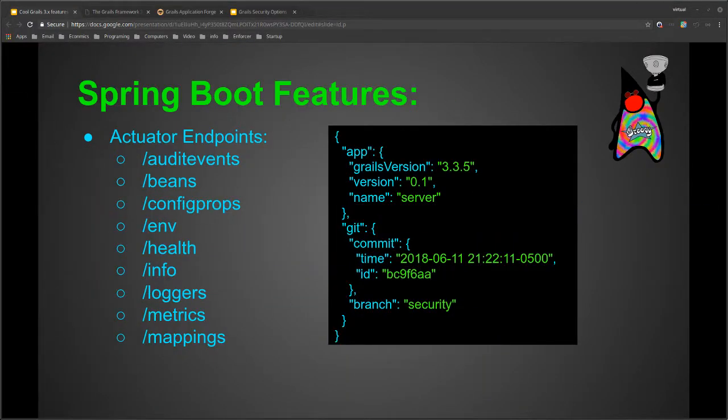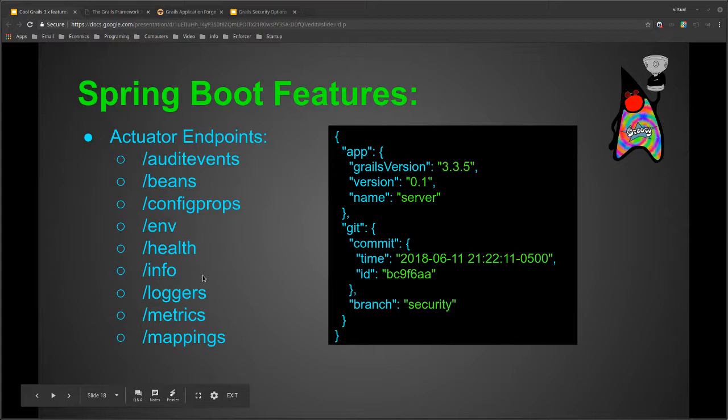So there are ones for beans, configuration properties, health, loggers, metrics, and mappings. I know this gets extended in the newer versions of Spring Boot because I tried to load all the URLs they had, and I think 2 of them didn't work because they were too new for the version of Grails. But with these, it gives you a lot of information, which your DevOps person would love to have so that they can monitor things like metrics, health, and stuff like that.